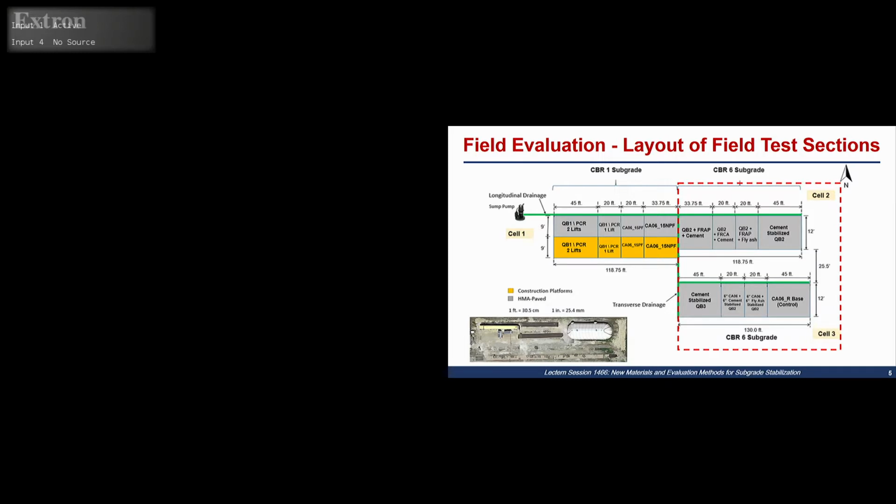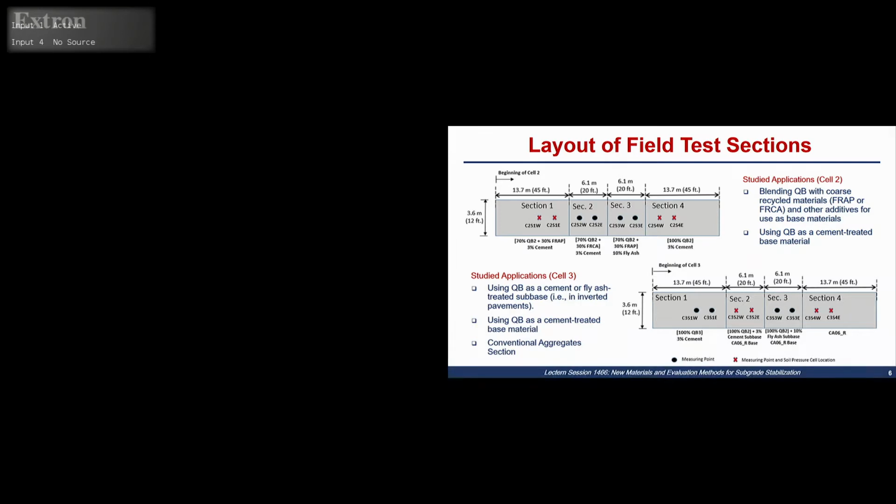In cell 1, we had a test section studying unbound applications of quarry byproduct, but the main focus of this presentation will be cell 2 and cell 3, which study the bound or chemically stabilized applications of quarry byproducts. We had 7 different applications of quarry byproducts in bound applications, and then 1 conventional aggregate pavement section